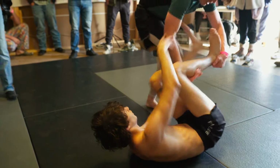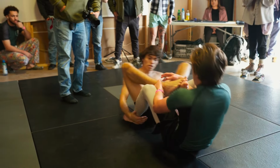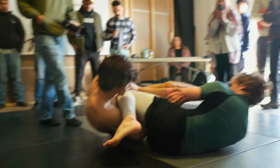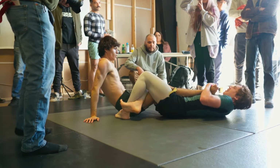Now, his opponent is pretty game, so he defends that pretty easily and then actually starts to attack the ankle lock. Now, I don't know if you did this on purpose or if you had a chance to maybe put your foot somewhere else, but as you kicked out of this, you actually straightened your leg out, giving your opponent very easy access in the saddle here. At this point, I would very much suggest to spring up and try to grab the hands, pull the hands